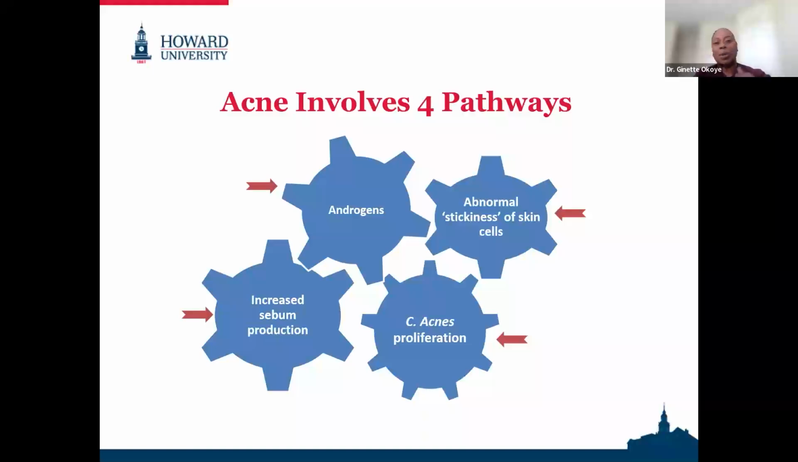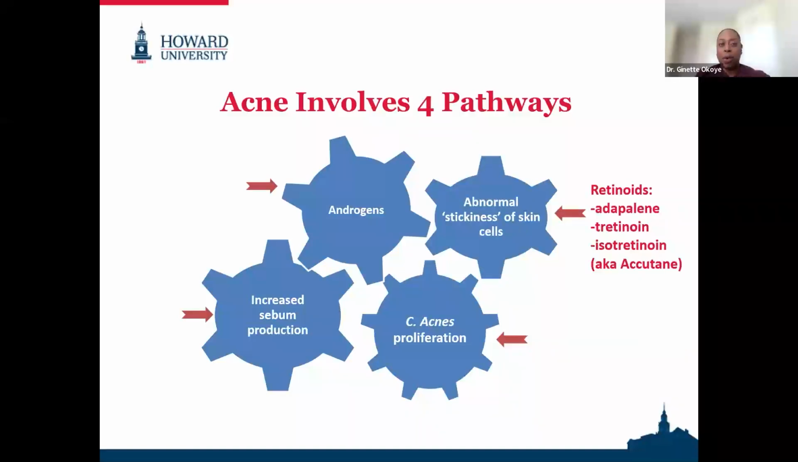acnes, so they're proliferating, and you're just in this vicious cycle. And so the best acne treatments really go after two or more of these different pathways, as you'll see. So the way to go after the abnormal stickiness of those keratinocytes is to use a retinoid, either a topical retinoid like tretinoin, we'll talk about those ad nauseam in a few minutes, or a systemic retinoid like isotretinoin or